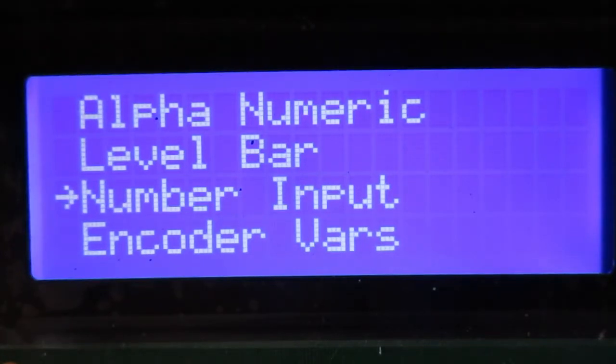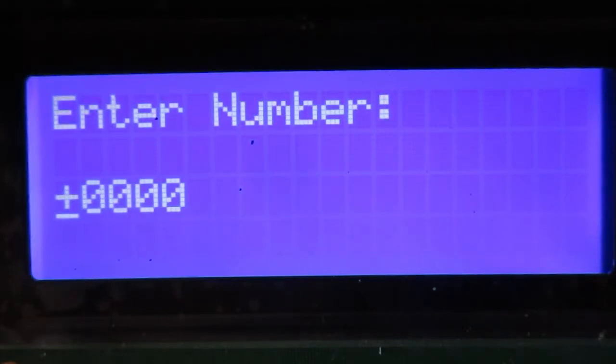So the first sample we're going to see here is a 4-digit integer, and there's a function in the software that allows you to specify the precision and the type of number that you want to input. So basically I'm just turning the dial so I can get plus or minus here, and then by pushing the dial here I can advance through the digits as I need to, and when I stop at a digit I can just turn the dial here to select the digit. So let's say I wanted to do